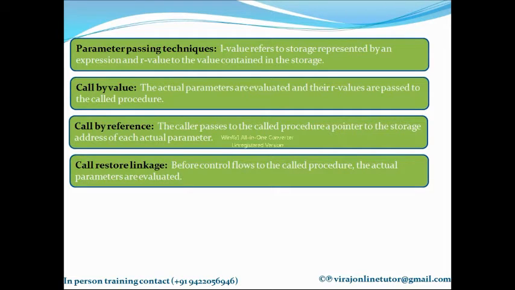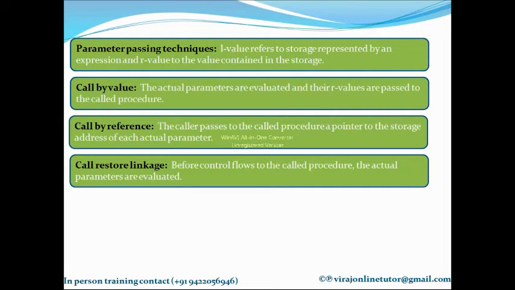In an assignment statement, suppose you write A is equal to B. A is on the left hand side of equal to and B is on the right hand side of equal to. Let's consider this example, A is equal to B. Whatever is on the left hand side of equal to is the target of your assignment, right? So when I say A is equal to B, what happens actually? Whatever is the value of B, I'm assigning it to A.